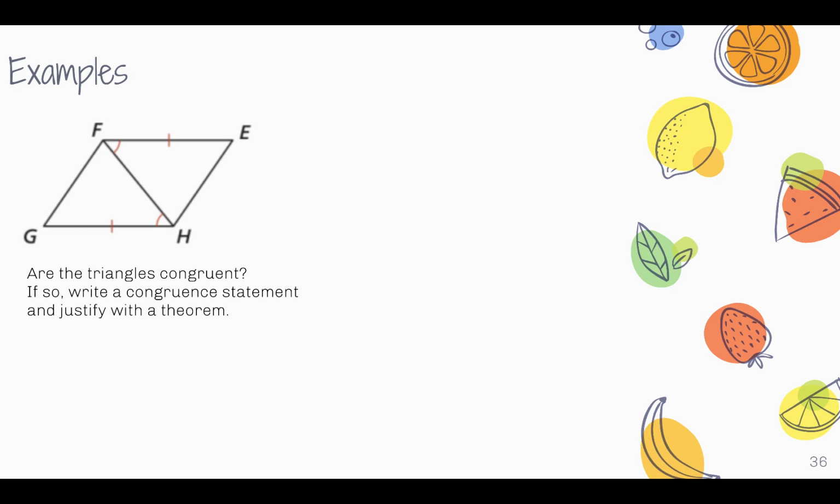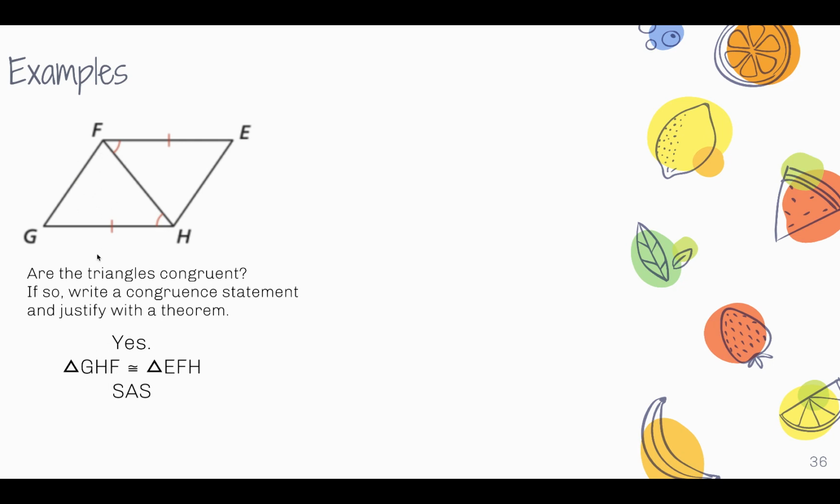Hopefully you found that we have a common side. So that would be SAS. So that's a big yes. SAS. And then make sure that you match the corresponding parts. This is not the only correct answer. I happen to call the triangle on the bottom left here triangle GHF. You might have called it triangle HGF, or triangle FHG. Well, it doesn't matter,